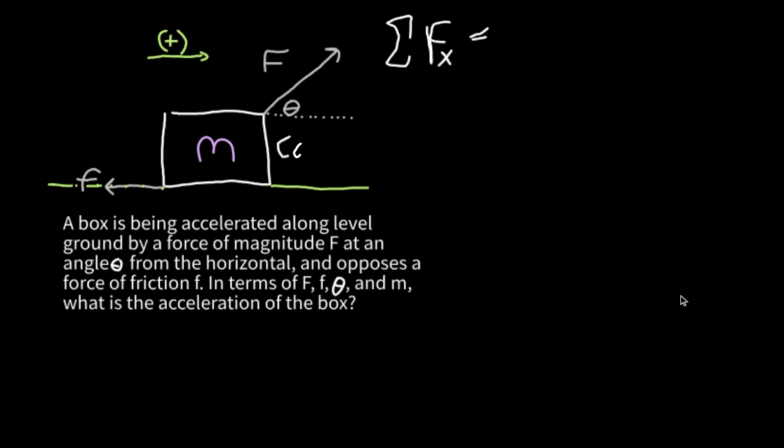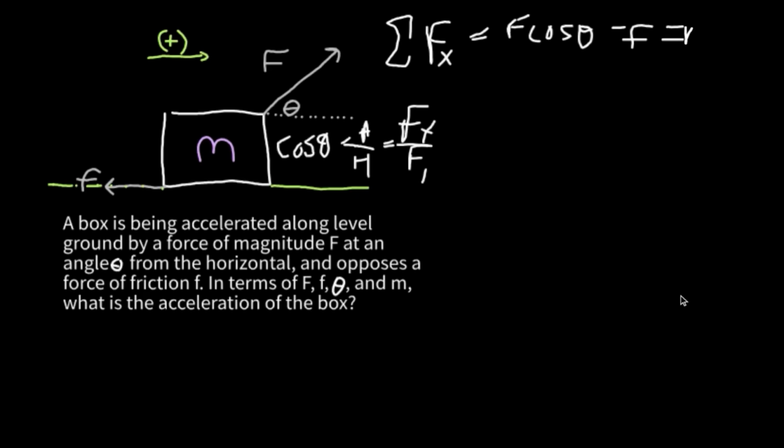To get that we take our cosine of theta, which is our adjacent over our hypotenuse. Our adjacent here is our force in the x direction, and our hypotenuse is the magnitude of the force, so then our force in the x direction, multiplying both sides by F, is going to be F cosine theta. And opposing that, we have this force of friction here, minus f. From Newton's second law, we set this equal to the mass of the box times its acceleration in the horizontal